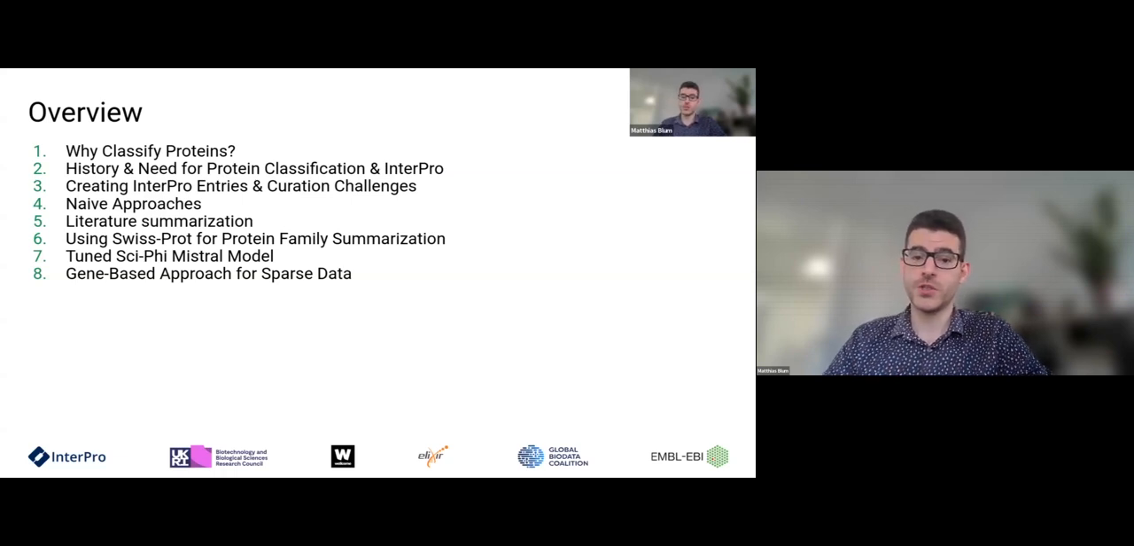This will bring us to using LLMs to automatically describe the protein families. I'll start with the two very, very naive approaches that didn't work for us. Next, I'll explain our initial attempt to summarize literature using LitSum. Then we'll move on to our main method, which uses Swiss-Prot data to generate protein family annotations. I will also briefly talk about our experiment with a fine-tuned model and compare its performance with commercial models. And finally, for protein families that don't have any Swiss-Prot data, I'll describe our latest approach, which uses gene names